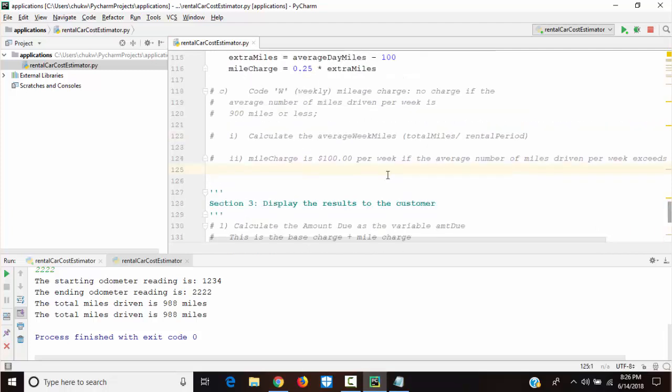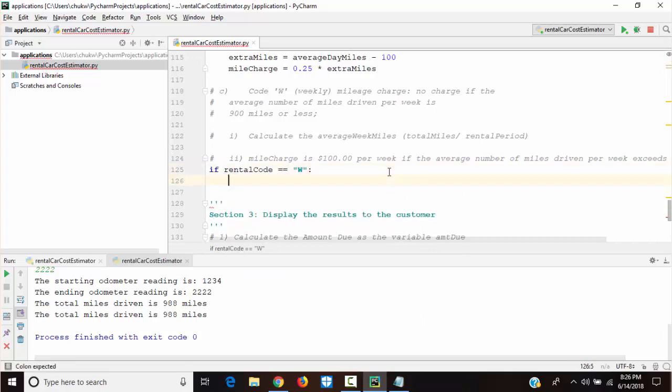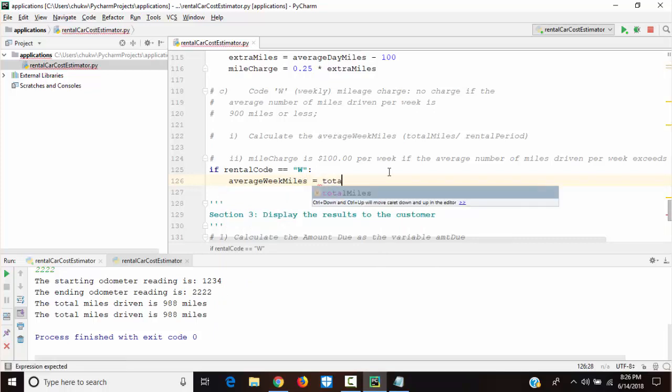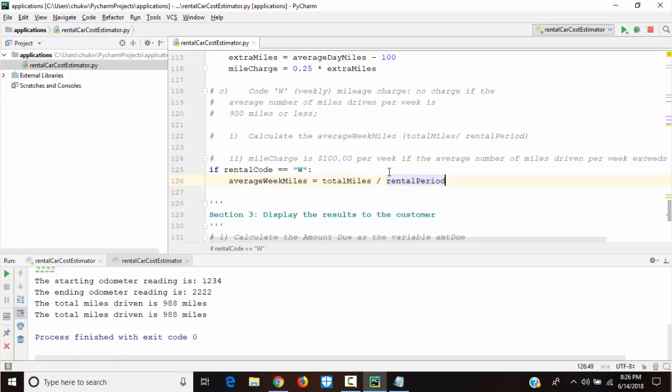Okay, let's write the code here. If rentalCode equal W, what happens then? We will have average week miles. Average week miles is equal to total miles divided by rental period.